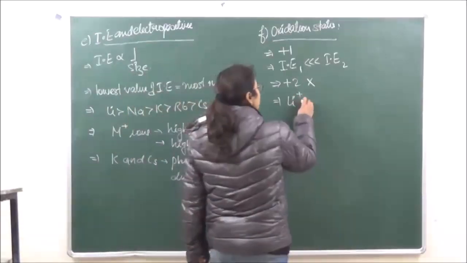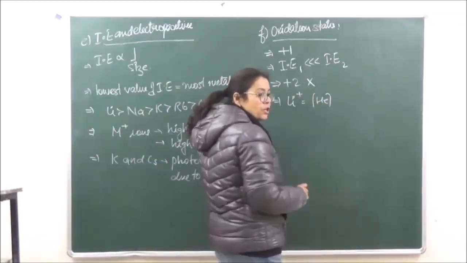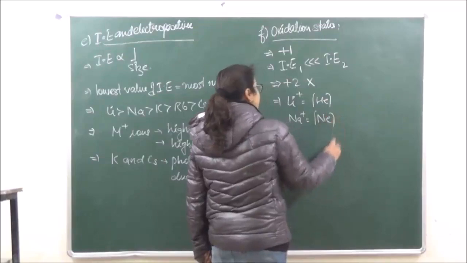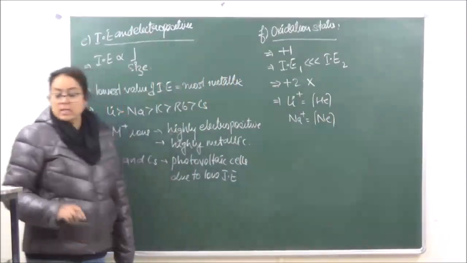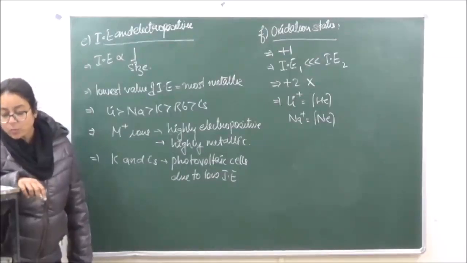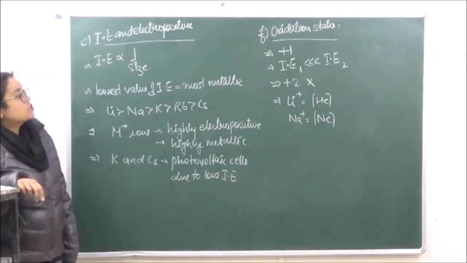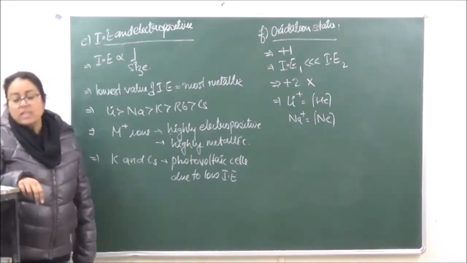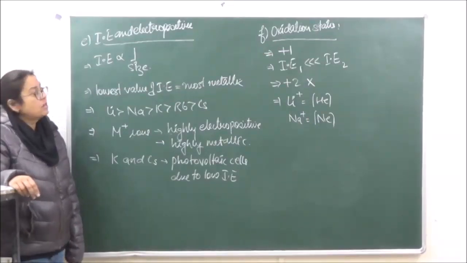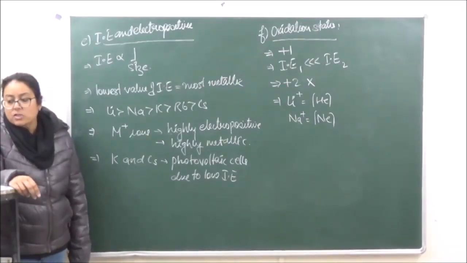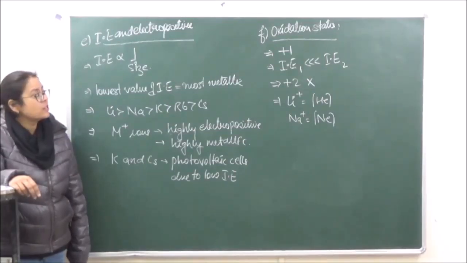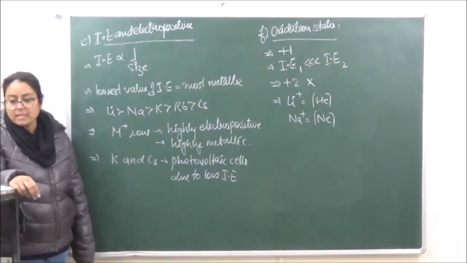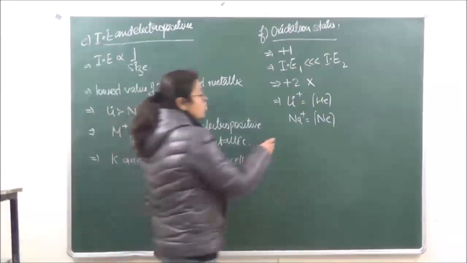For example, if you're talking of lithium, it has the electronic configuration of helium. If we're talking of sodium, it has the electronic configuration of neon, and so on, right? Now, the energy required to pull out the second electron, as I just told you, is going to be very, very high. So the +2 oxidation state is not possible in case of alkali metals. Okay, so as the electronic configuration of the unipositive ion is similar to those of inert gases, they have no unpaired electrons at all.